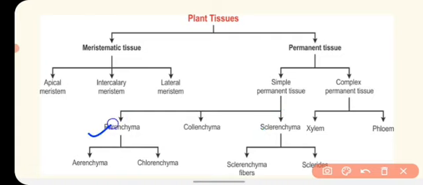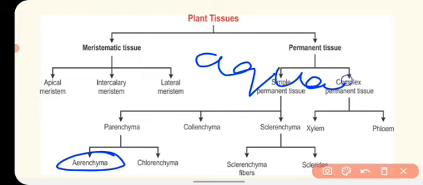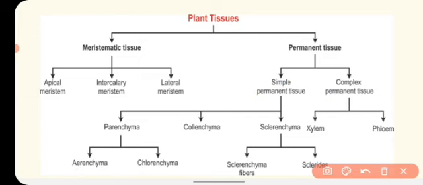And you know that parenchyma shows some modifications, that is aerenchyma and chlorenchyma. When the parenchyma has lots of space between the cells, and that space is filled with air, at that time the parenchyma is called aerenchyma, and especially it is found in aquatic plants, means the plants which are found in the water. So aerenchyma gives buoyancy to the plant parts so that they can float in the water. Chlorenchyma is the modification of parenchyma. Here the parenchyma contains chloroplast and chlorophyll so that photosynthesis will take place.